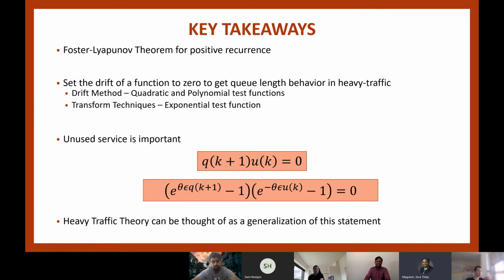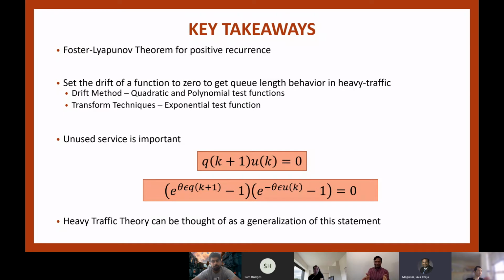And handling unused service is very important. And then I showed you two relations that we use for each of the Lyapunov functions to handle the unused service. And heavy traffic theory can be thought of as a generalization of basically this Q times U equal to 0. So if you recall, when I talked about the overview of various Lyapunov arguments we are going to discuss,